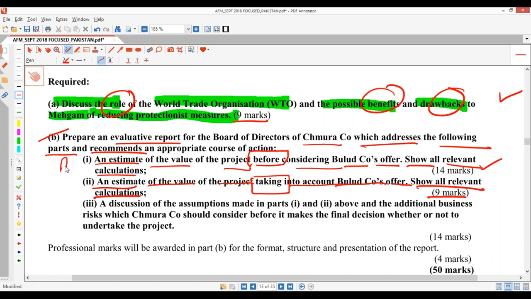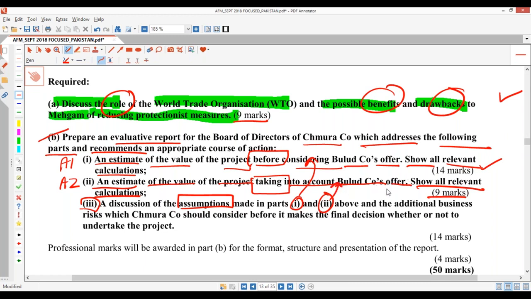Now this is going to go to Appendix 1, and this is going to go to Appendix 2. And number 3 here is going to be a discussion of the assumptions. That's common. You're going to see a lot of assumptions in these September exams. Not a lot, I mean, there'll be one part. Assumptions in this case: assumptions of investment appraisal, the first part, and assumptions of